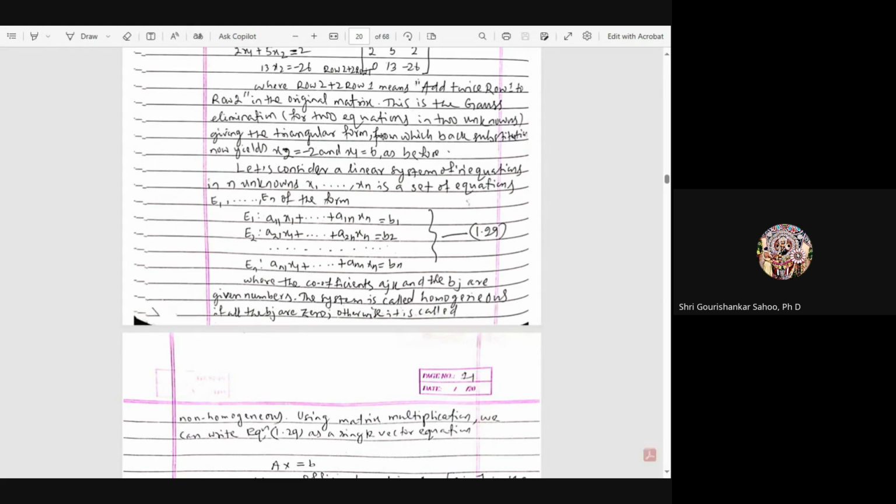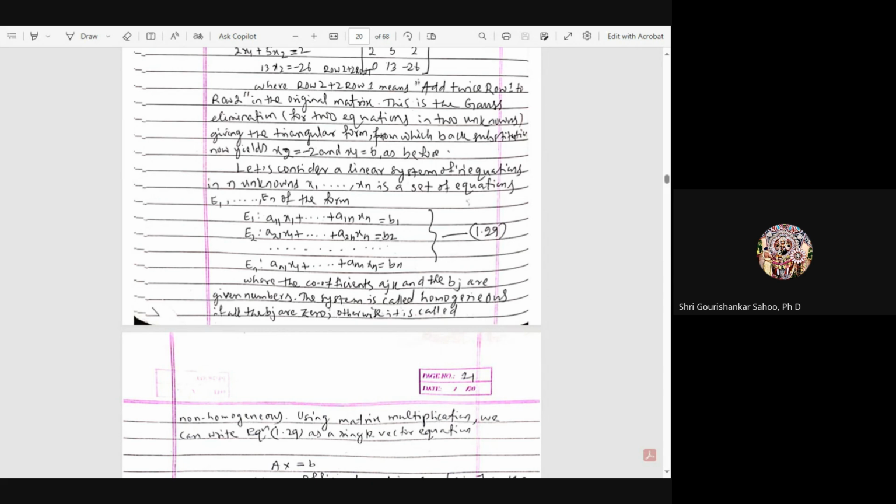So row 2 plus 2 row 1 means add twice row 1 to row 2. So let us consider a linear system of n equations in n unknowns, that is x1 and so forth to xn, a set of equations E1 and so forth to En of the form